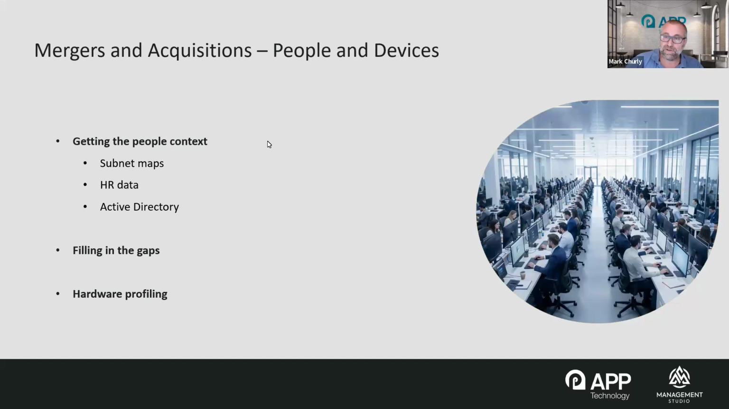So we've talked about applications and we've touched on people and context, but for us, what we find is getting that people context is absolutely critical. It allows you to move away from beige lists of applications and machines and truly understand the estate. So if there are good subnet maps to help you understand locations, there's good HR data, well-maintained Active Directories or other HR systems out there, we can pull that data together